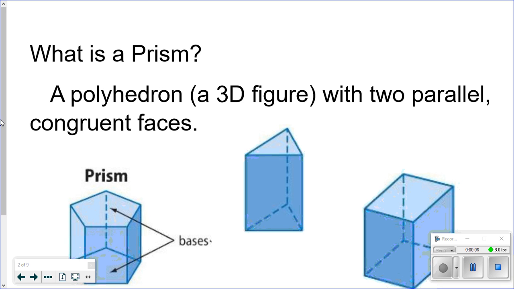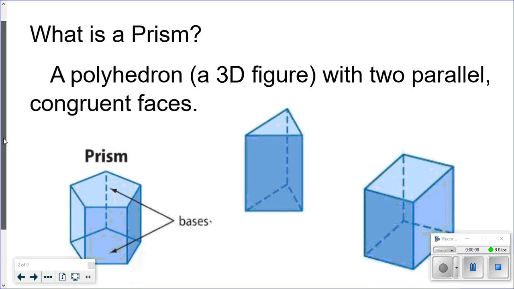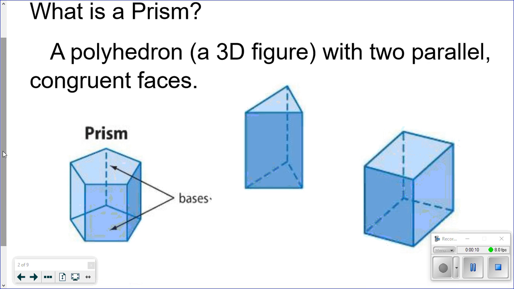Okay, first of all, we have to talk about what a prism is. We talked a little bit about this a few days ago. A prism has two bases, a base on either end, and they're always the same. A lot of times when we think something sits on a base, remember we talked about that? That's not always true. Especially if I get out a rectangular